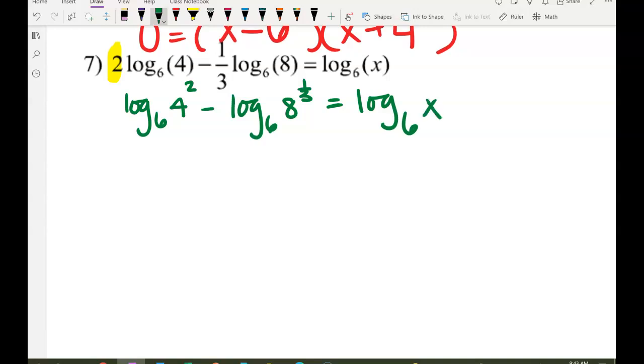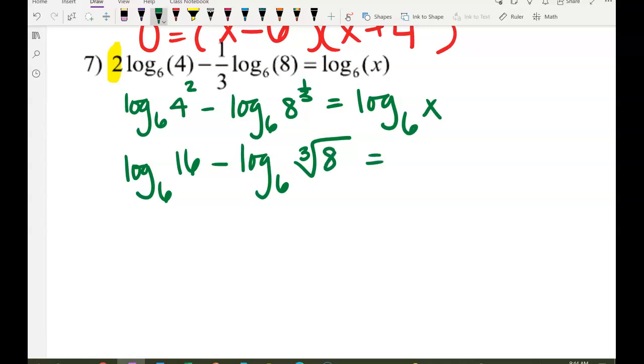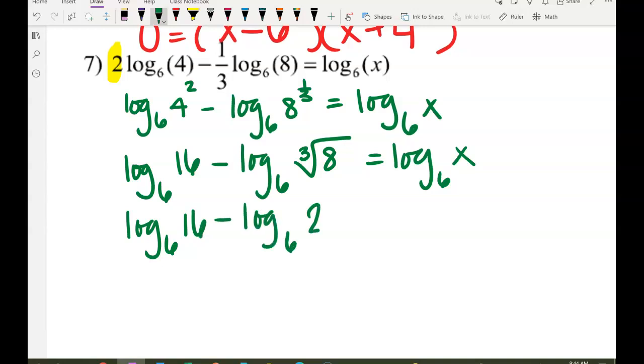Okay, what's 4 squared? 16. So log base 6 of 16 minus... If we're not comfortable with a rational exponent of 1/3, we can rewrite it as what? Cube what? What root? Cube root, right? What is cube root of 8? 2. So now, guys, log base 6 of 16 minus log base 6 of 2 equals, again, our goal is